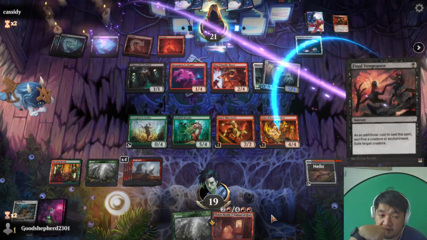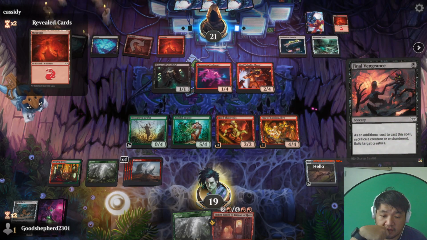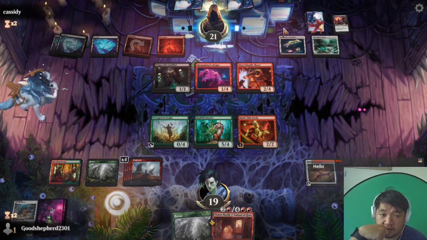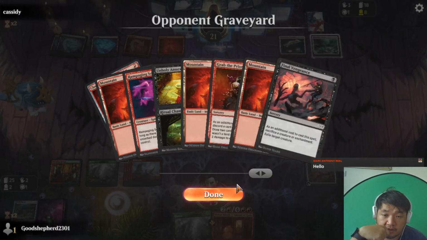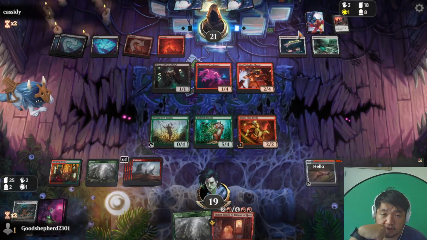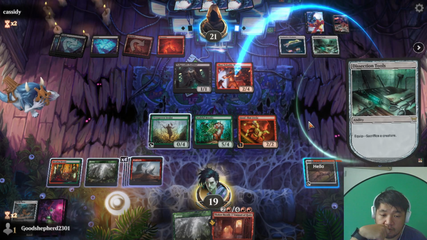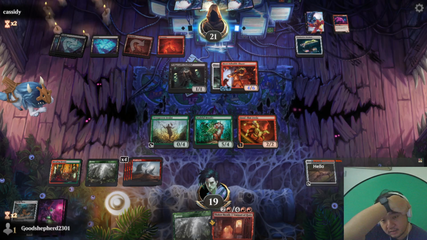I can. Okay, they're taking that out, but not the most egregious one to take out. What did they sacrifice? Mountain. Okay. No, that's what they discarded. What did they sacrifice? Ooh, they're really sacrificing it all. It's 4/6. So, but